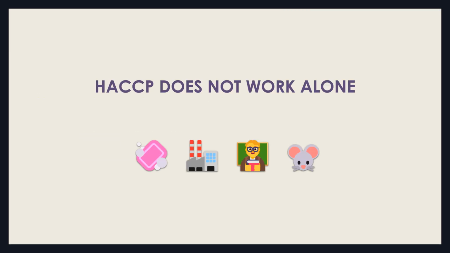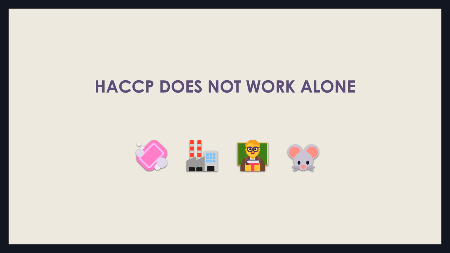Before building a HACCP plan, a facility must have strong prerequisite programs. These include good manufacturing practices, sanitation programs, employee training, supplier approval, pest control, and preventive maintenance. HACCP is not designed to control basic hygiene or housekeeping issues. If those programs are weak, HACCP will be overloaded with unnecessary controls. A common mistake is trying to fix GMP problems by adding CCPs, which is not how HACCP is intended to